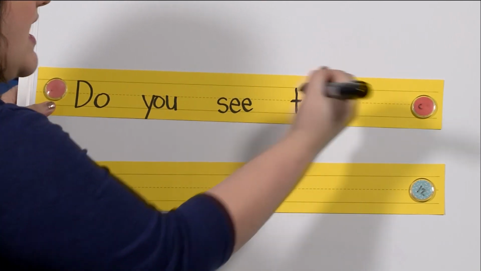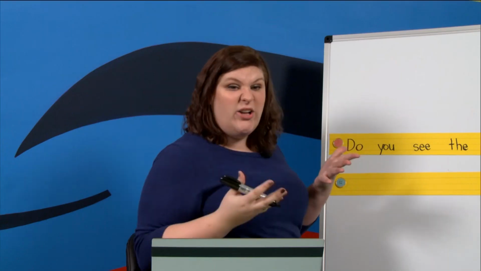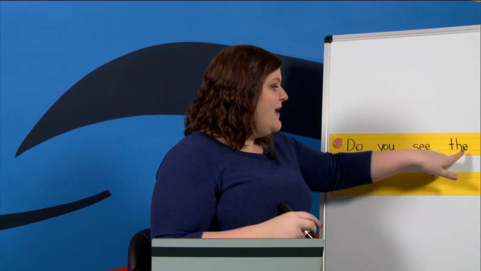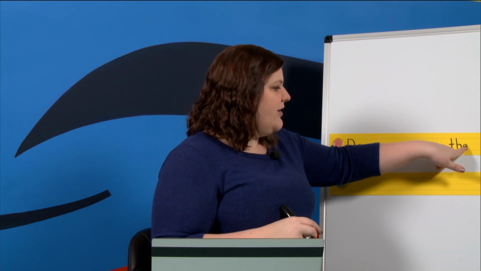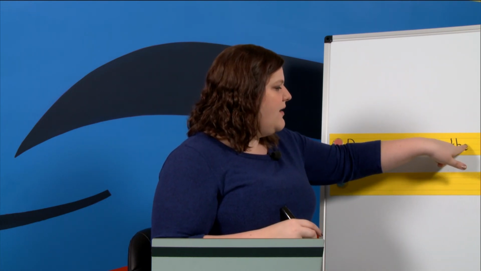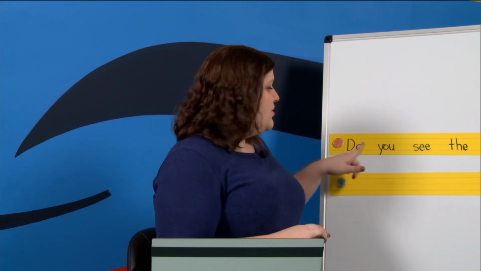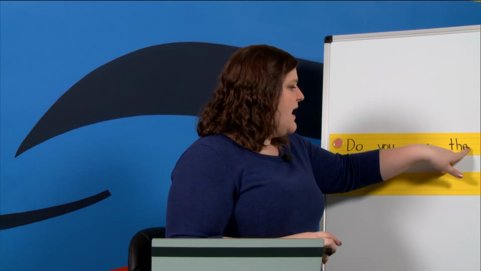We know that T and H are both tall letters. Tall letters touch the top line and the bottom line. Then E is a small letter from the middle line to the bottom. Do you see the,